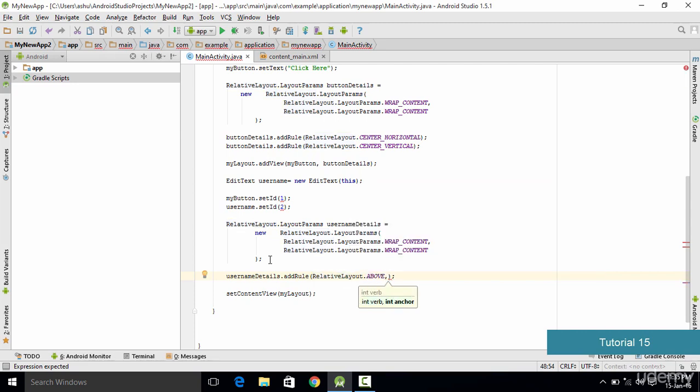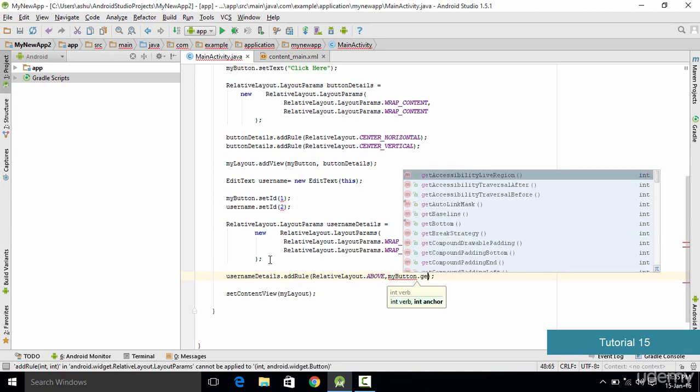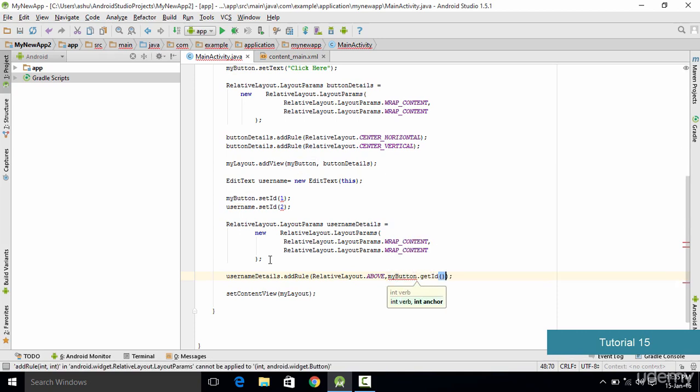Now once we are done with this, the next thing which we do is we specify the next parameter, and that parameter is going to be the button. So we type my button dot get ID, which is going to get the ID. Now once this is done, what we want to do is align this username in the